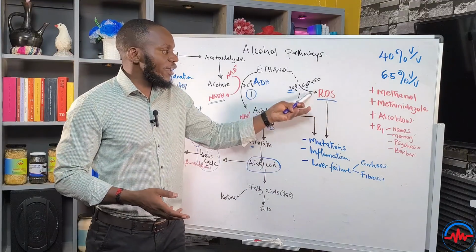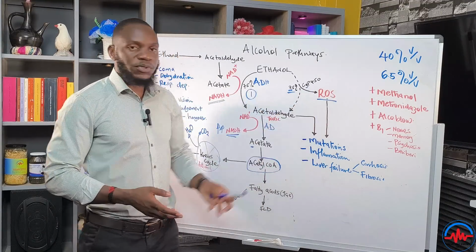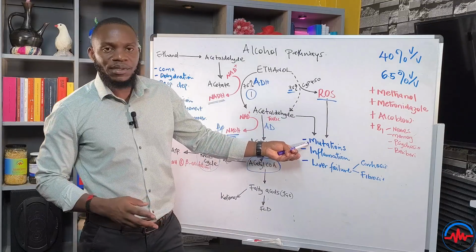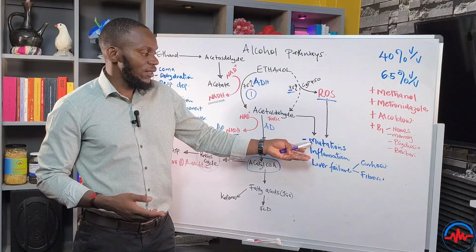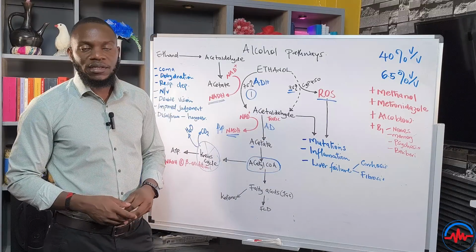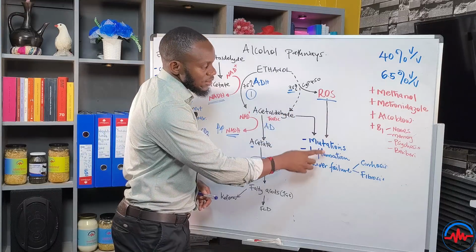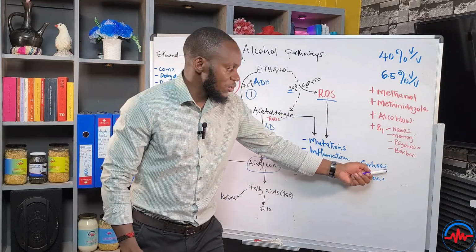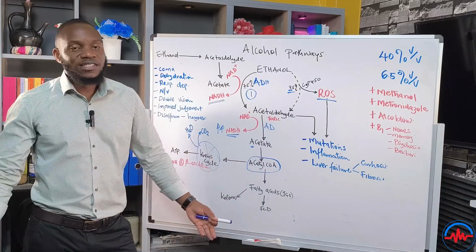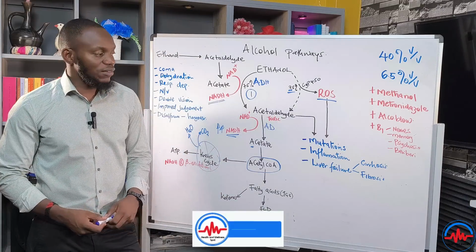So imagine taking alcohol at the same time you're still consuming seed oils. You end up having a high ratio of reactive oxygen species. And now cancers are coming in. And now inflammatory conditions like gout, like arthritis are coming in. And now problems with the gut are actually coming in. All right. And now look at this. This is going to cause mutations, going to cause inflammation in the liver. Therefore, we end up having liver cirrhosis and liver fibrosis. That is a problem. Now you have to actually replace that liver, and that's a serious problem.